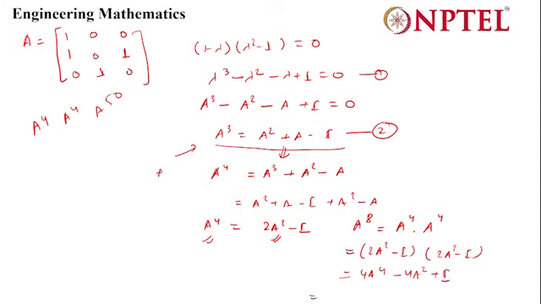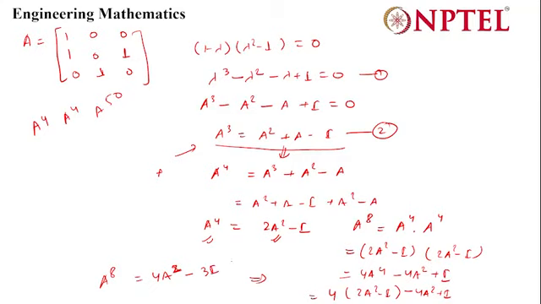You can write it as 4 multiplied with (2a square minus i), putting the value of a to the power 4 again, minus 4a square plus i. From here you can see a to the power 8 will be 4a square minus